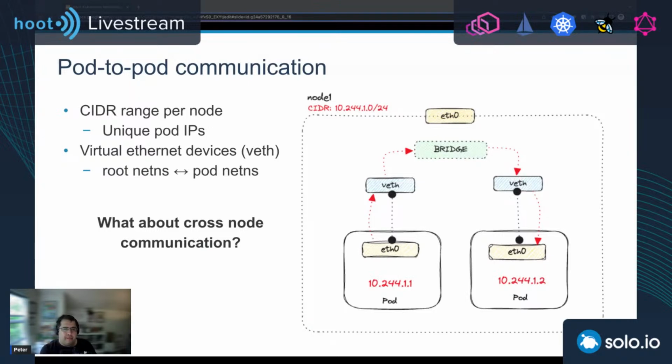So the traffic from one pod, like I have it on the slide on the left, 10.2.44.11, right? So the traffic from there will go from eth0 through, and it'll show up on the veth interface on the node side, and then it's going to go through a virtual bridge through the routing rules to another virtual interface that's connected to the destination pod.